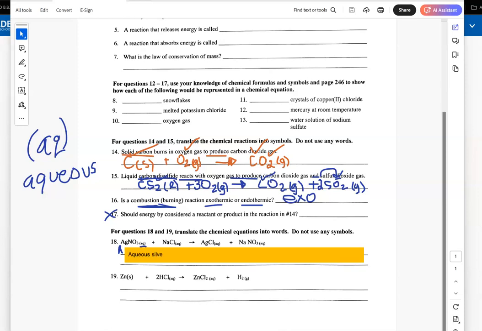Aqueous silver nitrate. Remember, silver is one that doesn't need Roman numerals. It only exists as silver one. Aqueous silver nitrate, and right, to talk about this here,